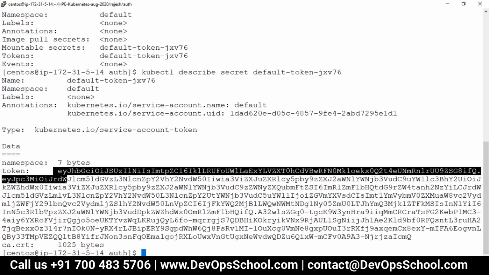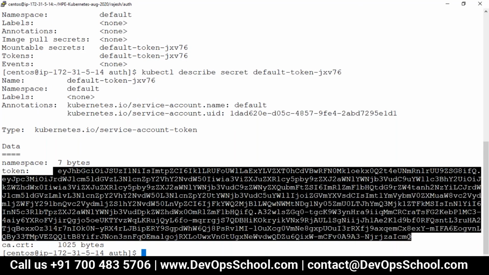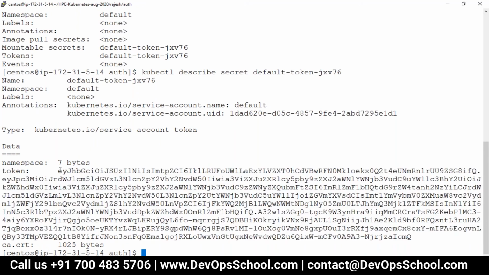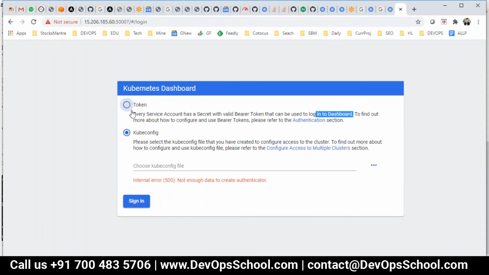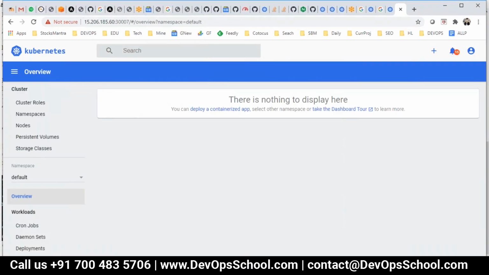The problem is it should be one line. Correct. Got it. Okay. So now this is the dashboard.